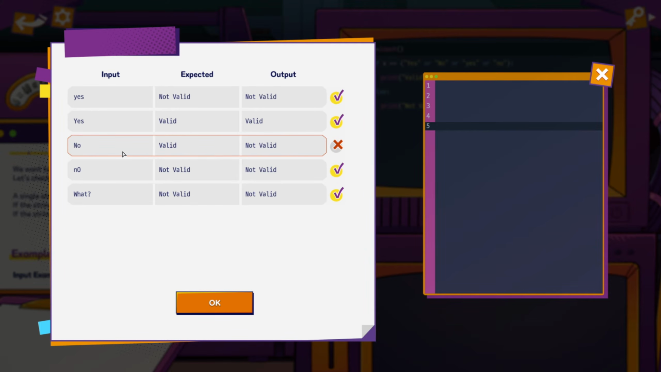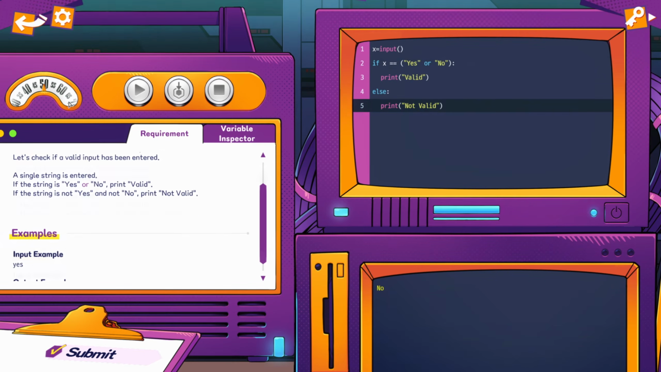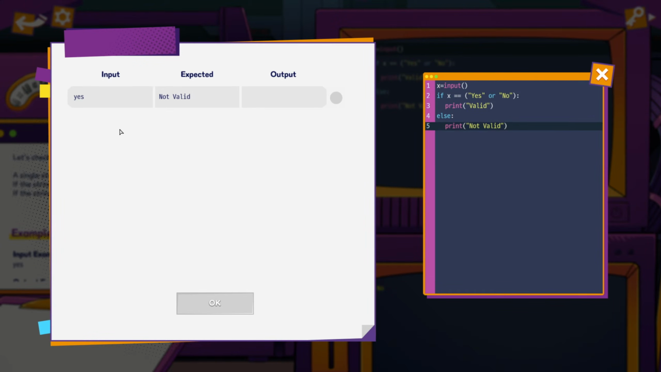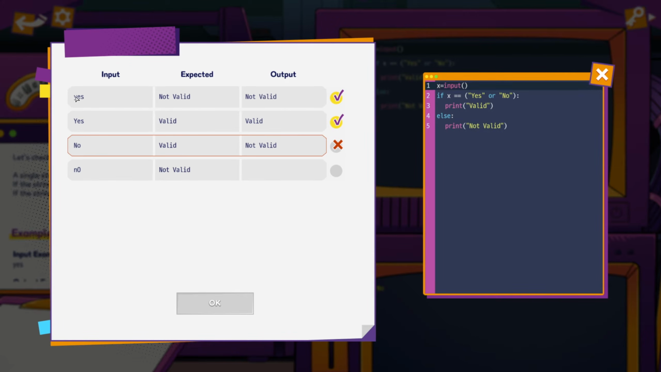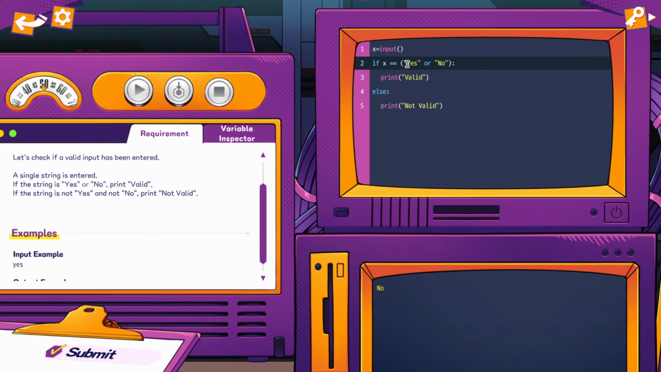Valid, not valid. If it equals no. How come that one didn't work? So I realize now that the output actually wants me to give it not valid if it's not a capital letter. So I was doing it right, but for some reason, no is not working. So maybe you can't do what I'm doing here, and I need this to be elif